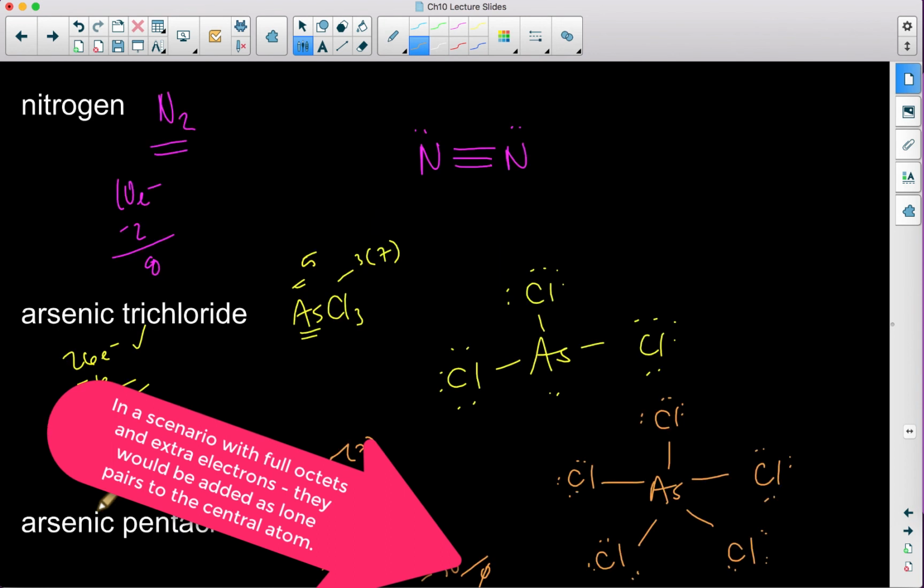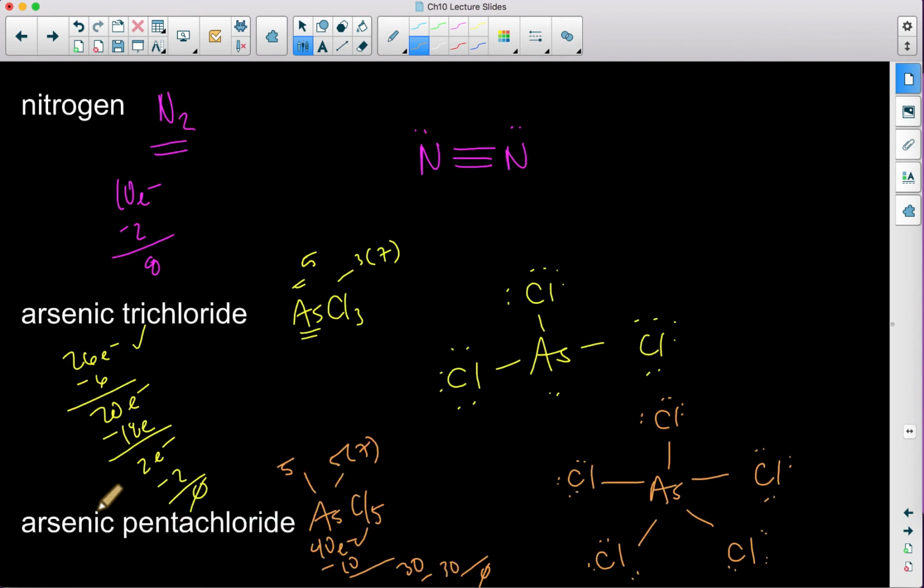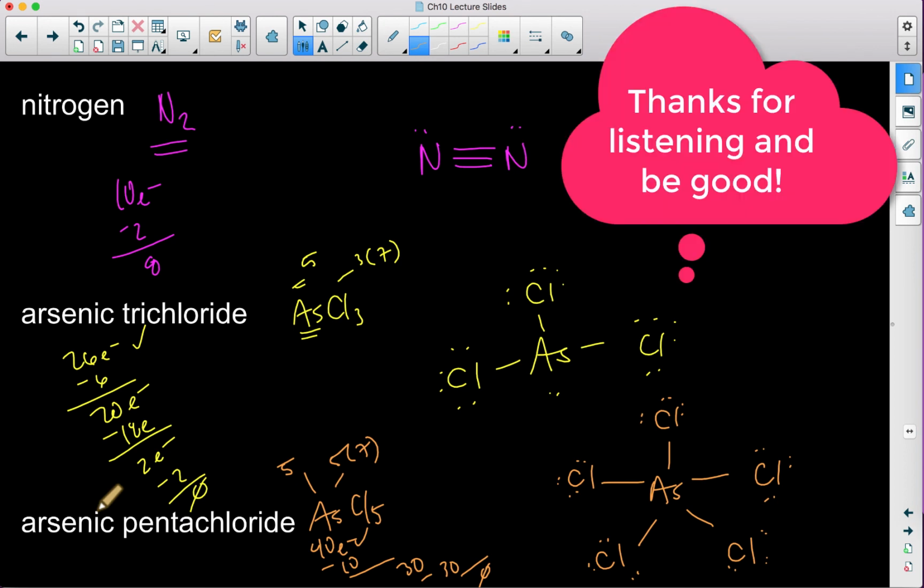So this is our practice on Lewis structures. If need be, if some of these are fuzzy, go back and watch it again, right? Make sure that you are good here with these structures, and then